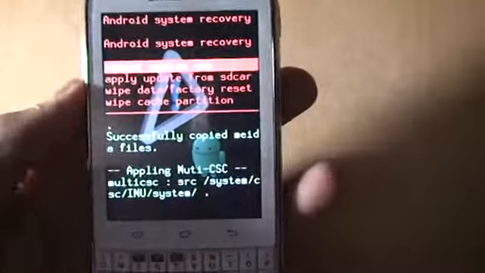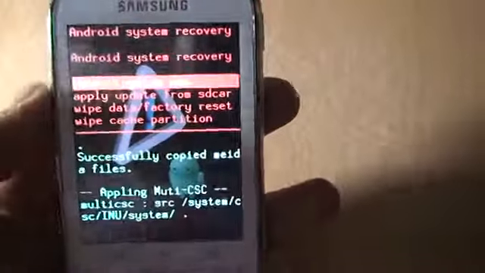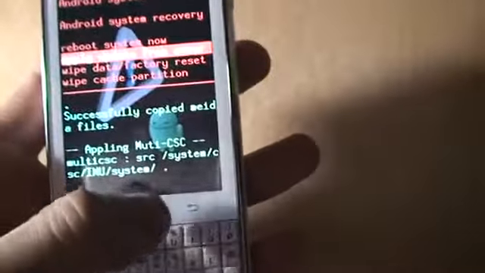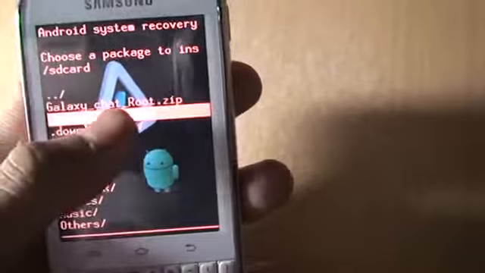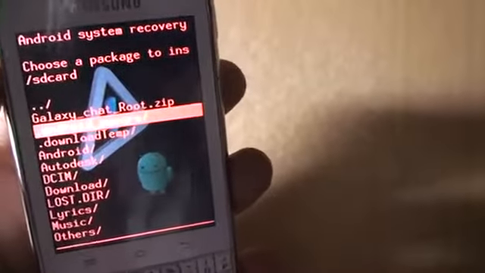Now we are applying the root, so we have to go to apply update from SD card. Here's the transferred file, galaxy_chat_root.zip.